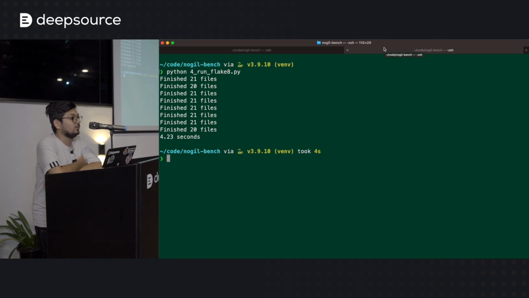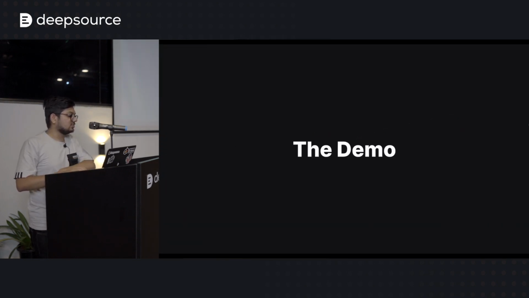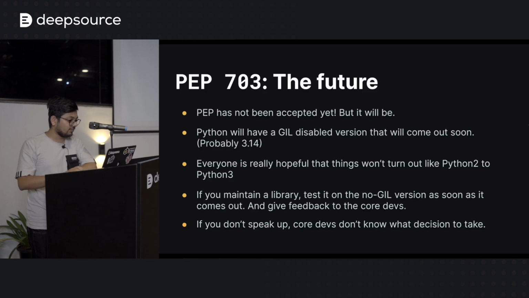If you were to try to run a regular old program between the GIL and the no GIL version, you will probably not find much of a speed boost at all. You'll have to make a significant amount of changes to these programs to make sure that they work well with free threading. And yeah, that's sort of the demo that I had for you.